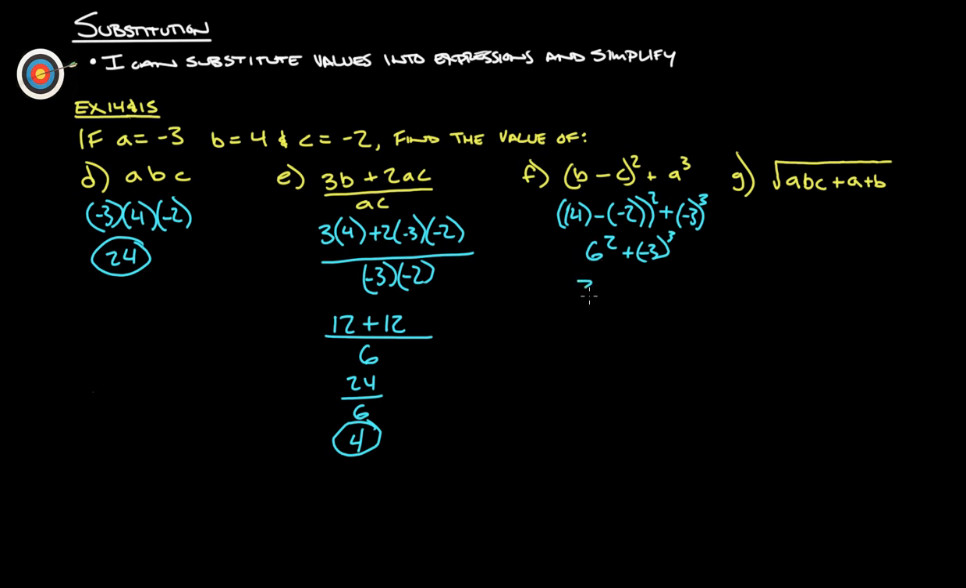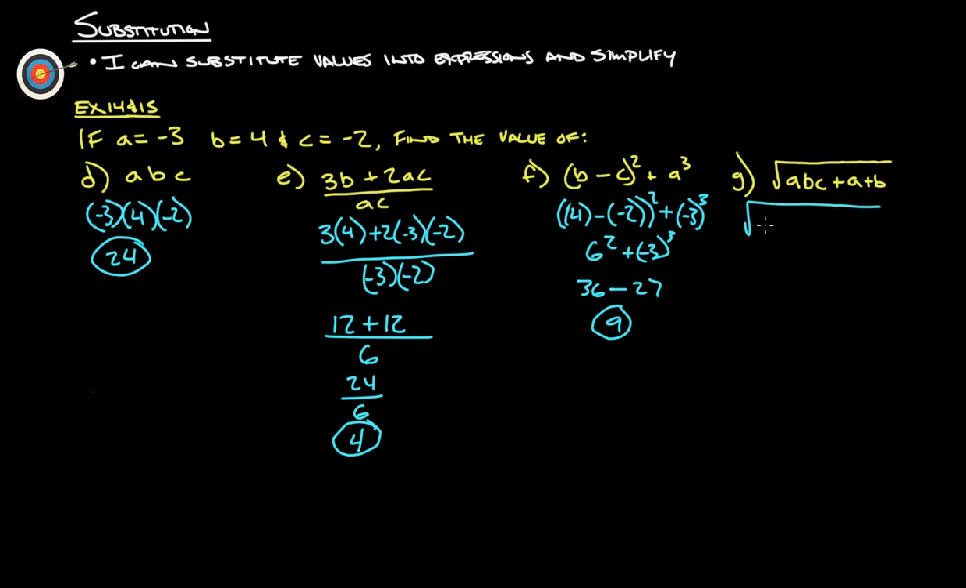So 6 squared is going to give us 36. Negative times a negative times a negative is going to give us a negative. 3 times 3 times 3 is 27. So we get 36 minus 27, which is going to be 9. Okay? And then last one here, we've got square root